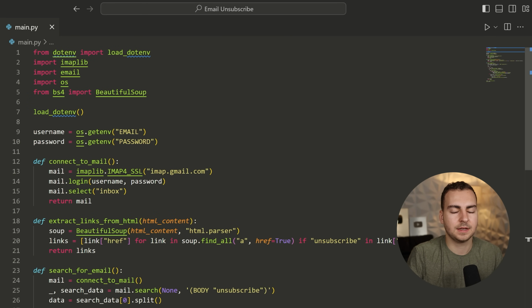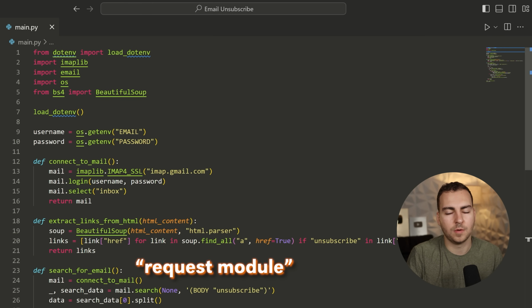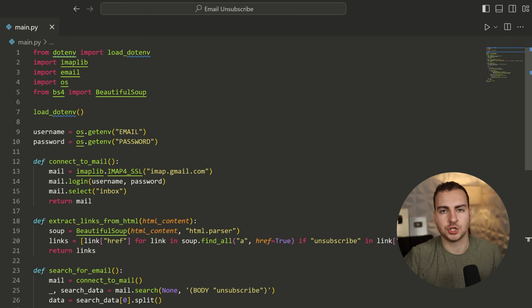Now, how do I click on a link? Well, there's multiple ways to go about doing this, but the simplest is to use a module from Python called the request module. The request module just allows us to go to a URL, and that's really what clicking the link does. 90% of the time when you click on the unsubscribe link, by simply visiting that URL, it has a special token in it usually, that's why the links are so long, it will automatically just unsubscribe